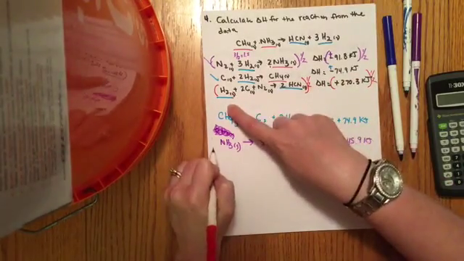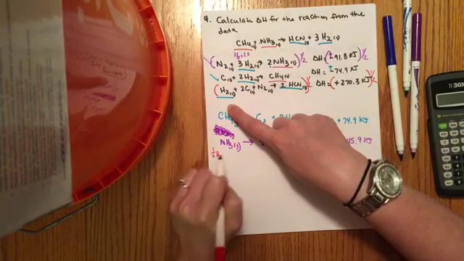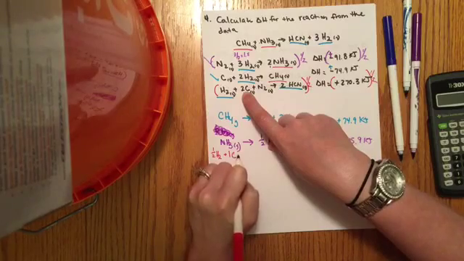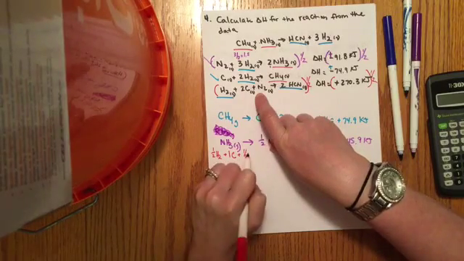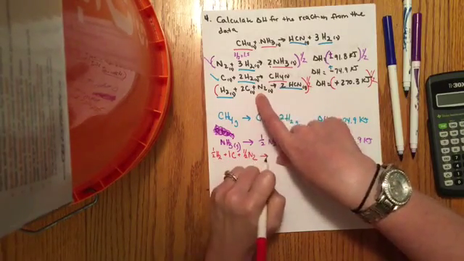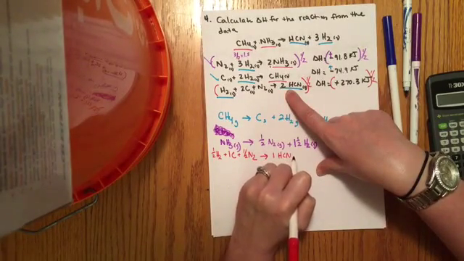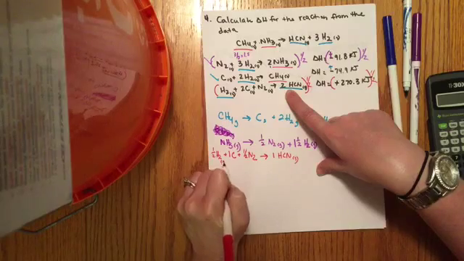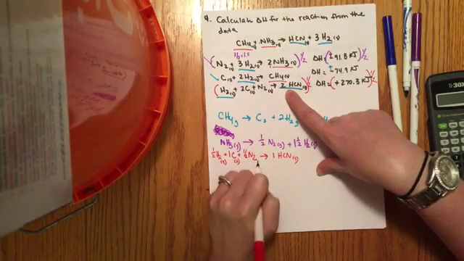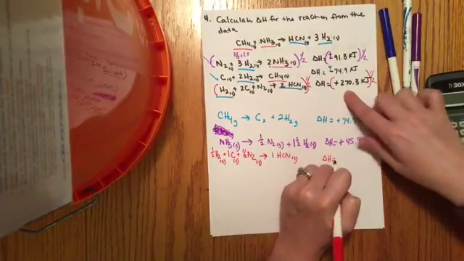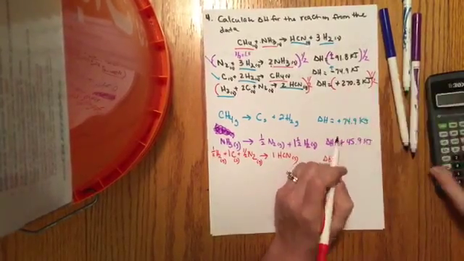It's going to be 1/2 H2 plus 1 C plus 1/2 N2 yields 1 HCN, and these are gas, solid, gas, and my delta H is going to be half of this,